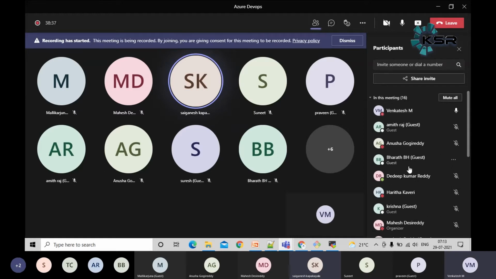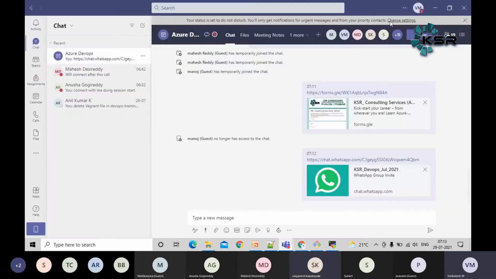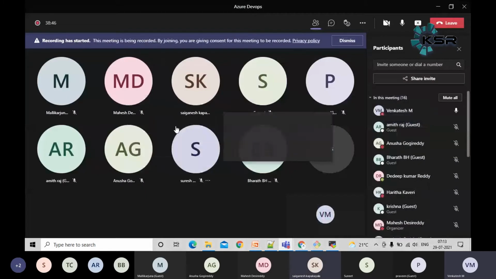We'll do one thing, Sai. May not be tomorrow. You can ping me on Microsoft Teams here. I'm trying to reply to a couple of people also. If that time also the issue is not fixed, then on Saturday morning hours we can have a call just for fixing issues. So everybody by Monday should have this lab setup on your local machine. The VM should be up and running. At least Jenkins should be installed. That is my expectation by Monday.